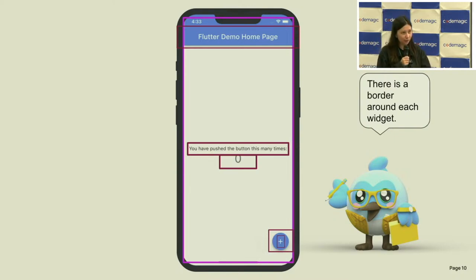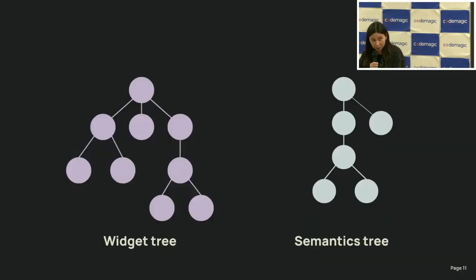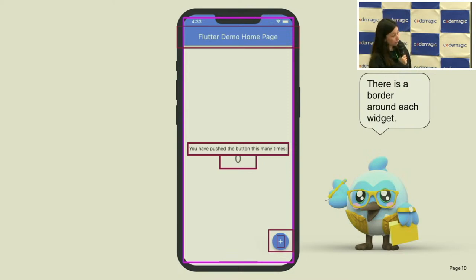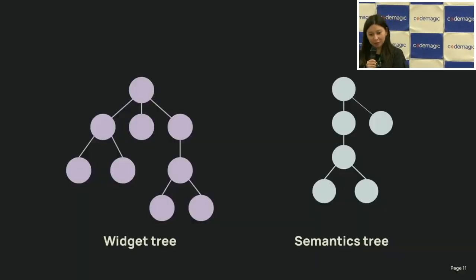Flutter has a lot of trees actually, and there's not just a widget tree, but also a semantics tree. And not each widget node in the widget tree has a semantic node. Because if we go back, you see, for instance, the floating action button has two boxes. It's the floating action button and the plus icon. But actually, for a person that doesn't see the screen, it's not important that there's a plus icon. It's important that it's a button that increases the counter, so we don't need two semantic nodes. We just need one. So that's why it looks different.